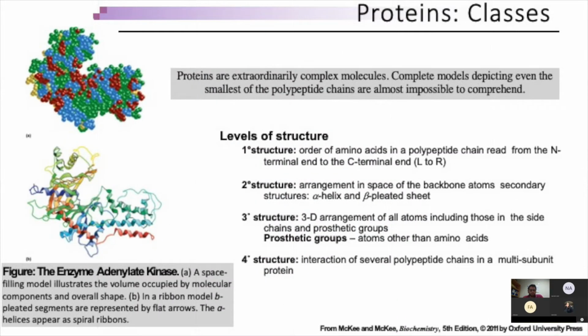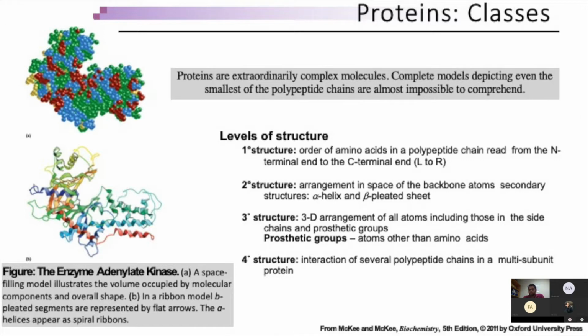Any protein is normally determined by the primary order of its amino acids, and this is the first structural level. This order of amino acids is normally read from N to C terminal, that is, from the amino terminal to the carboxyl terminal, and any two individual amino acids are joined together by a peptide bond, and the detail of this bond is coming shortly.